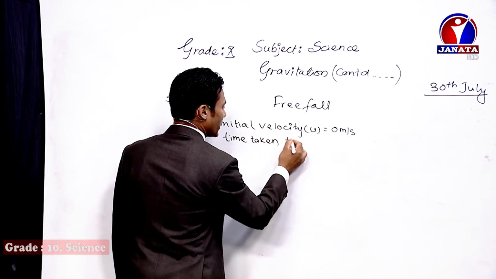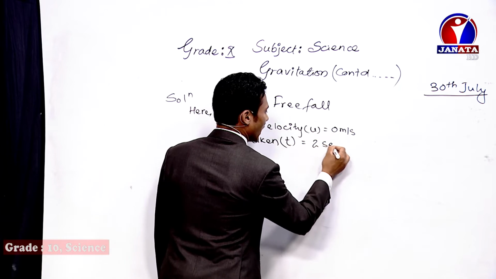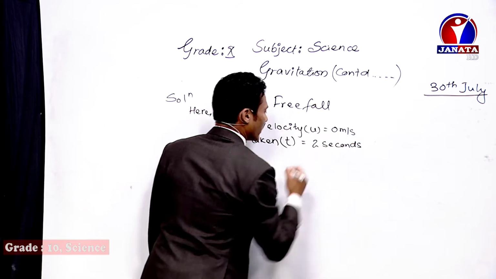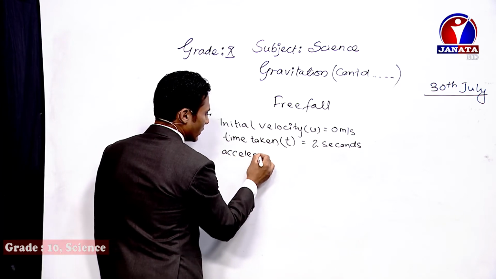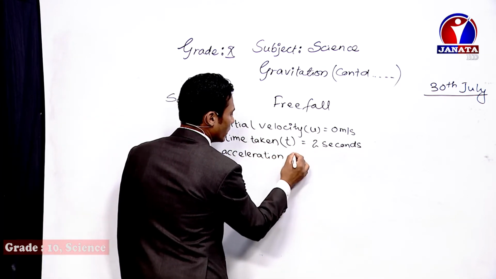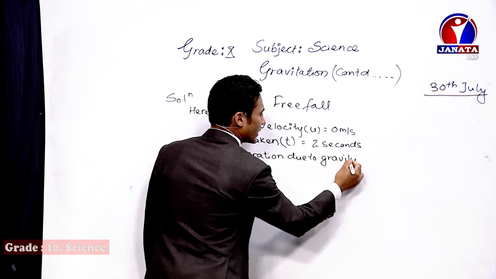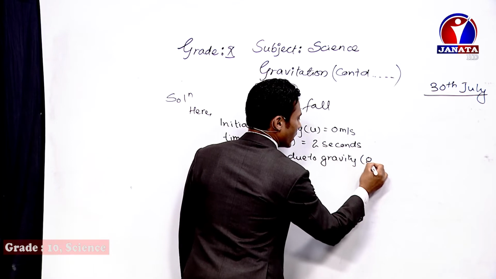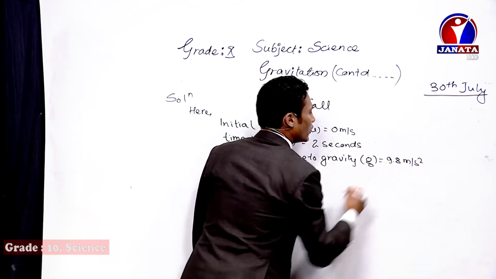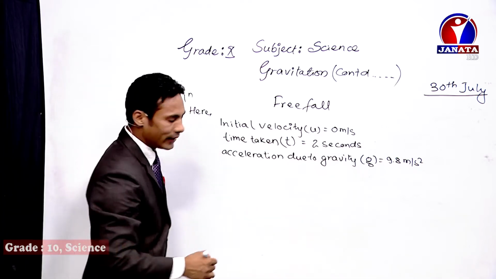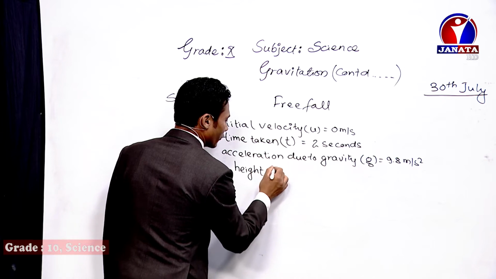So time taken is t, and the time is given over there, 2 seconds. So time is 2 seconds, right? And acceleration due to gravity, symbol is small g, and the value is 9.8 meter per second square, right? We need to find the height of bridge